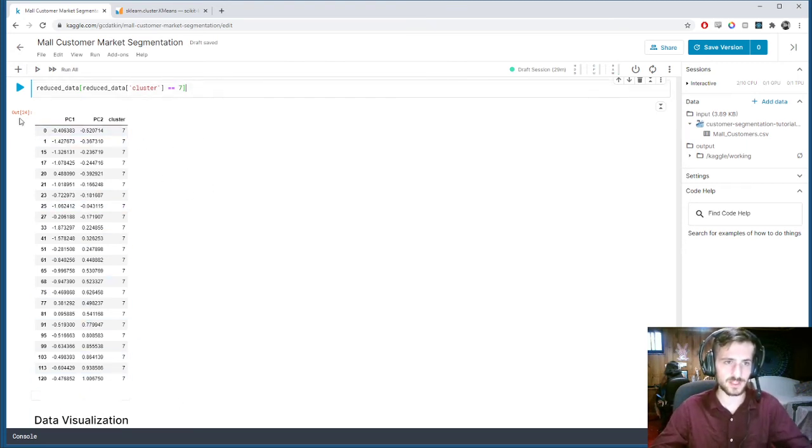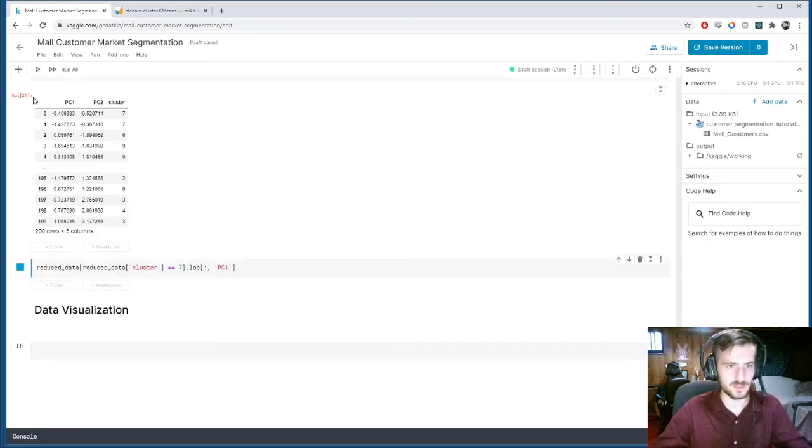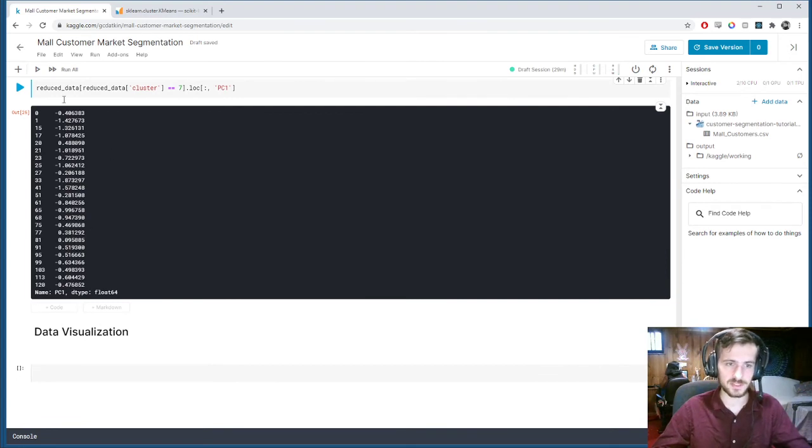So what we can do to get only PC1 is use the LOC function for pandas, all rows, and just PC1 as the column. And that will give us only the PC1 column, but for only examples that have cluster 7. Note that we could change this to PC2 to get the PC2 values for cluster 7 assignments. So what we'll do is we'll take that,